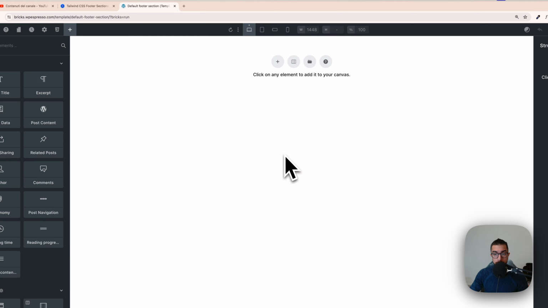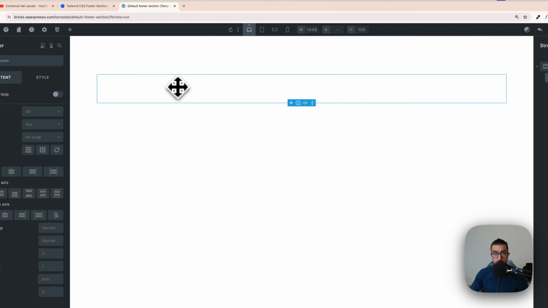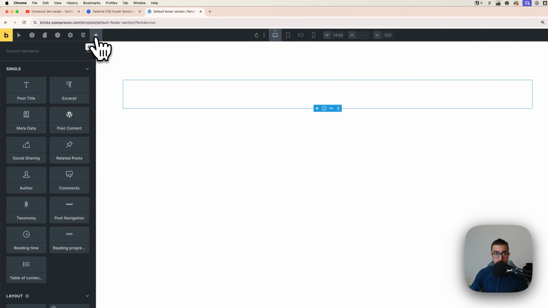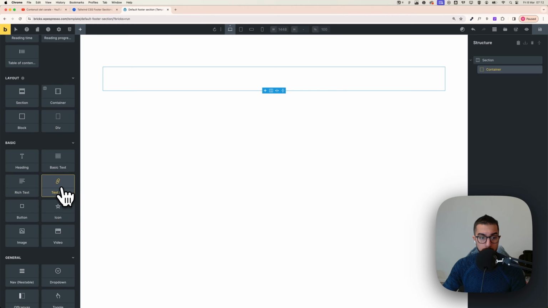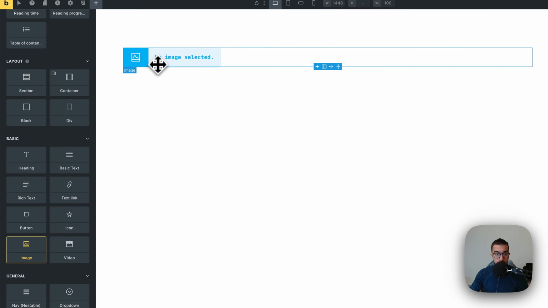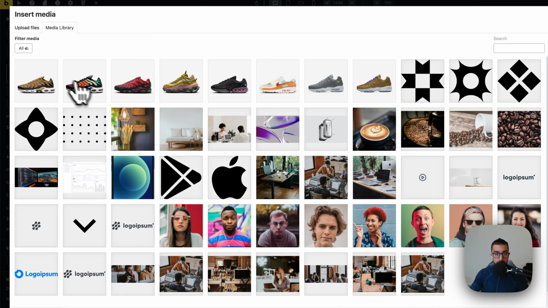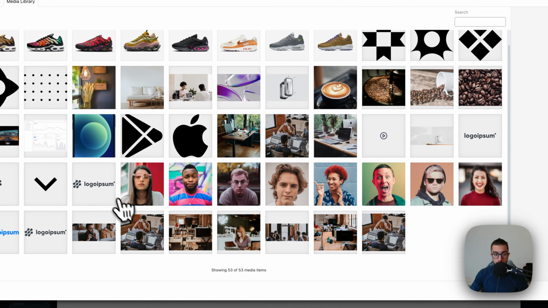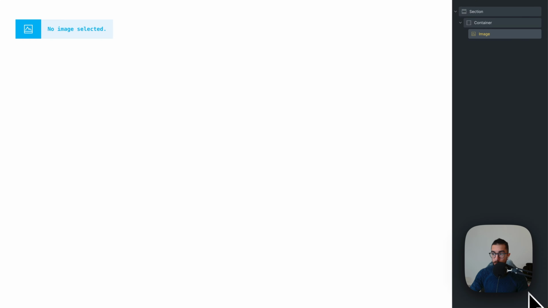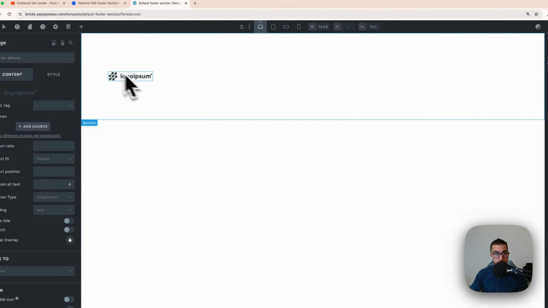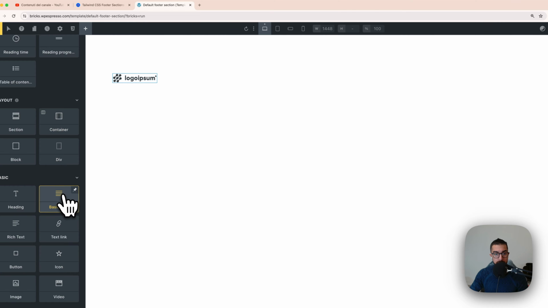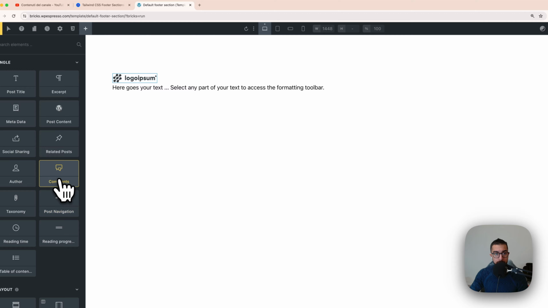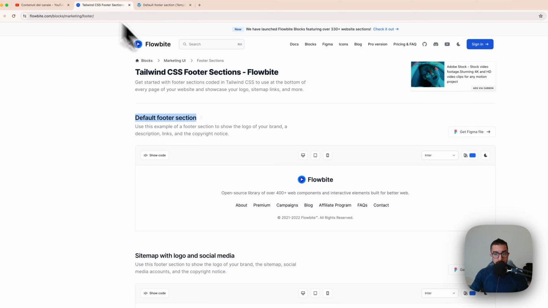bricks. Great. Now I will start by clicking on the section, click on the container, and then click on the plus button. I will start with a logo, of course, so you can search for an image widget like this, then you click on it, select the image, and of course you search for your logo. Great. Then plus button again, we have a little basic text description, and then we have also this little menu